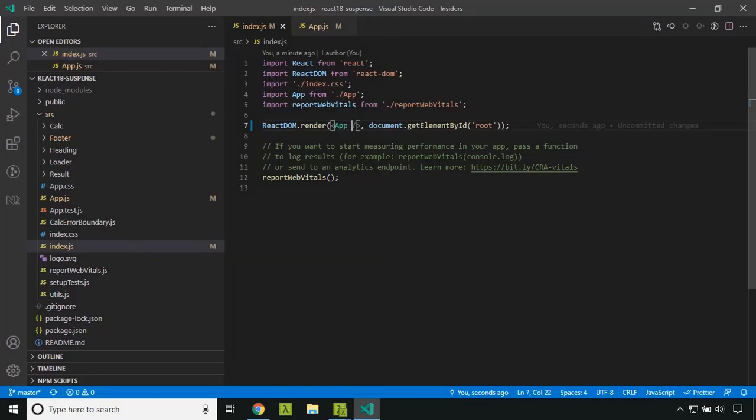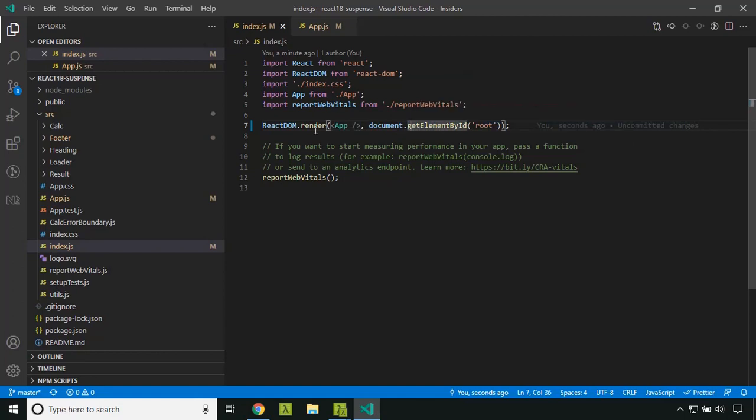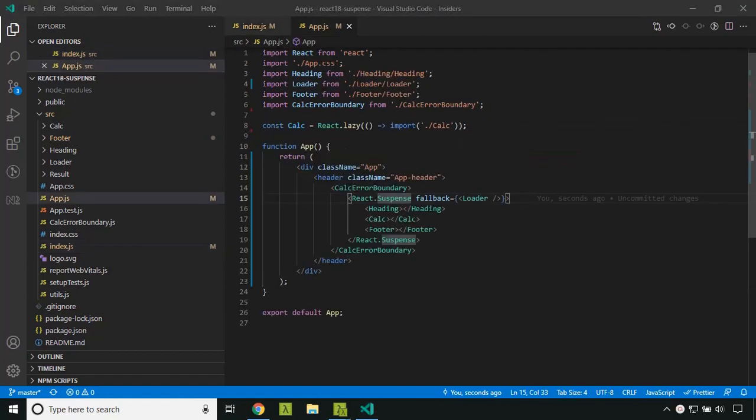Even though I have installed the React 18 Alpha packages in my application, I am still running the application in React 17 mode. This is the way we usually run ReactDOM.render. This method is still available in React 18, but it can be used to run only in React 17 mode. Now let's see what changed in the Suspense API in React 18.